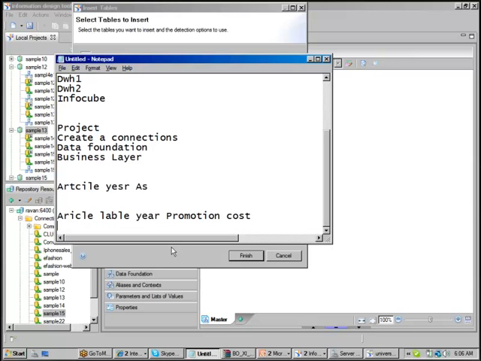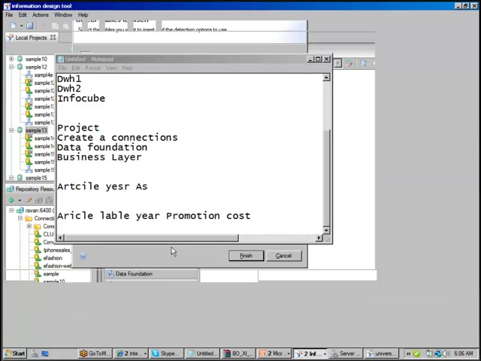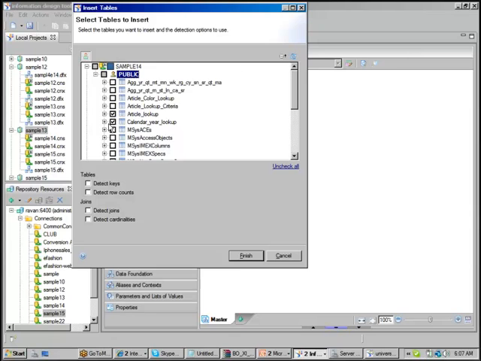Then you need to check where the year is there, where the article lookup is there, where the quantity is, where the amount sold is there, where the promotion